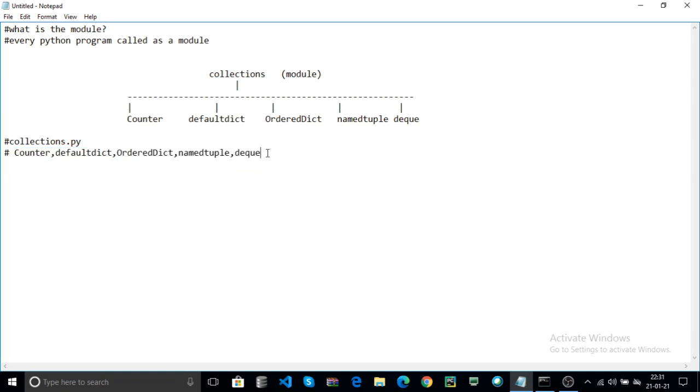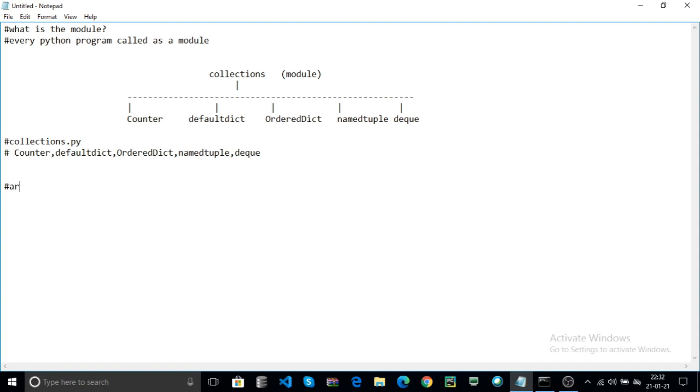In Python you can use the def keyword to create functions. Here collections.py is one Python file that is called a module, and in that module there are some functions. Now this is the standard module. Now we create our own module.